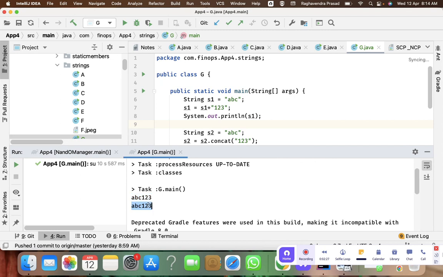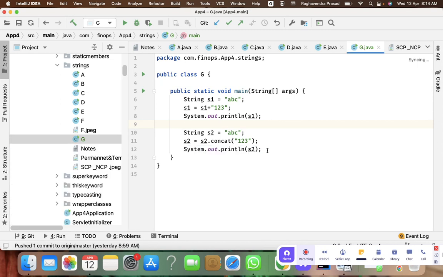Output is same, but what we want to understand here is